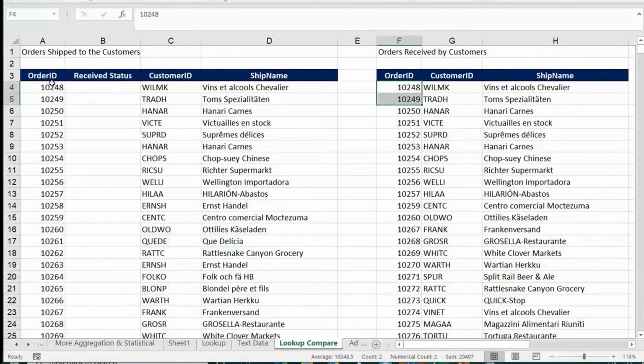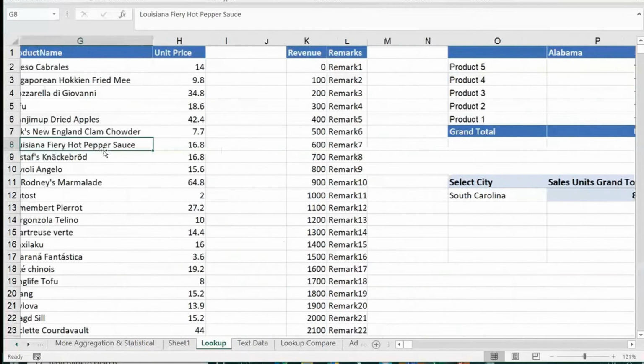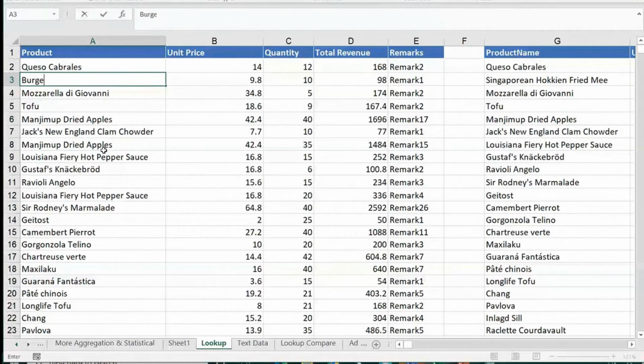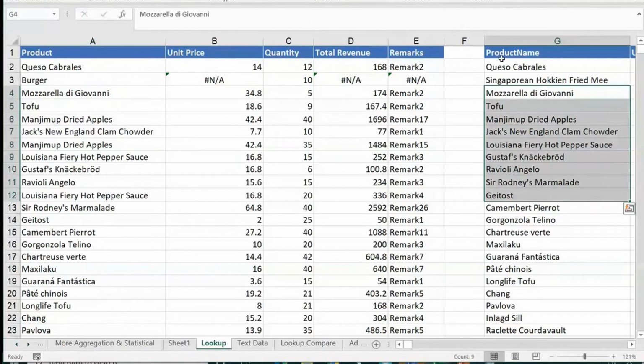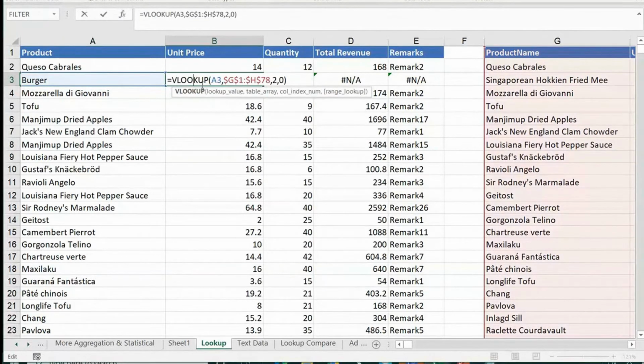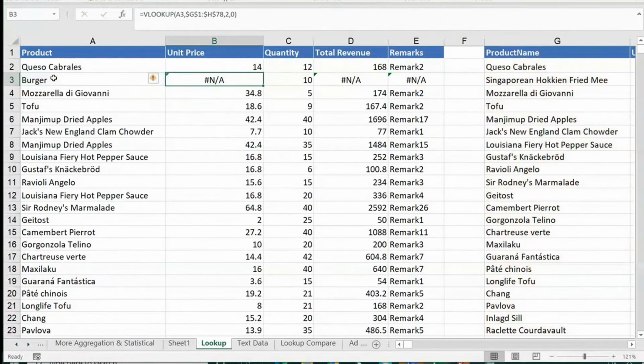So we use VLOOKUP. We do a VLOOKUP from here to here. If we get an error, normally guys, people who are new to this concept, please understand, if there is a product, let us say I had a product name, say burger, and burger is not a part of these product names. Enter. I'm getting an error here, right? Because this product is not found. When you go for zero match, if this is not available, it gives me an error like #NA. #NA says this value is not available, as simple as that. Or you might have made an error in writing the formula. If your formula is perfect and still it's not coming, maybe this is not available.